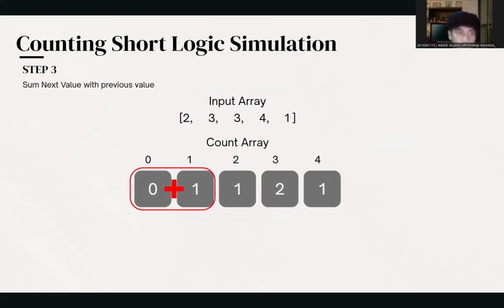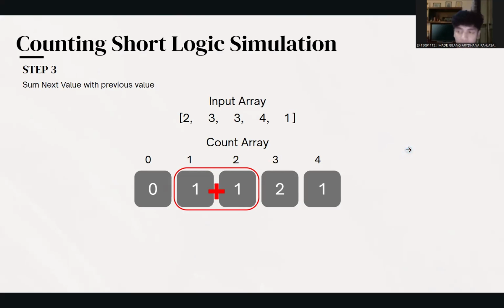Okay, after that, we sum the next value with the previous value. So in this case, the value of index number 0 will be summed with the value of index number 1. So the 0 will be plus by 1 and will make a number 1. And number 1 will be plus by 1 because we sum the next value with the previous value.